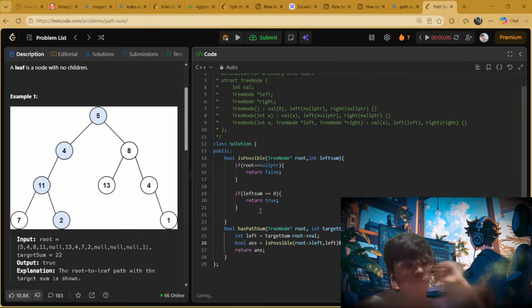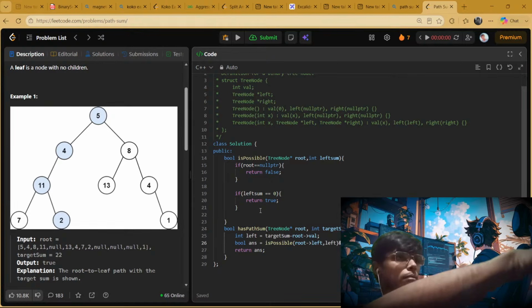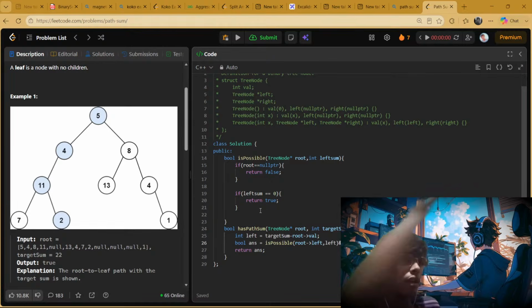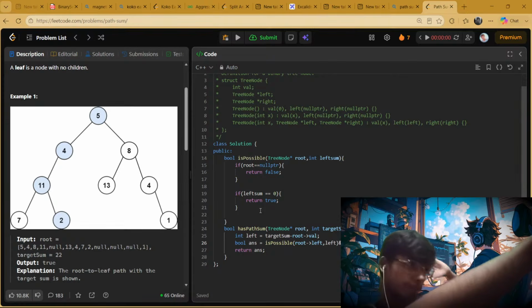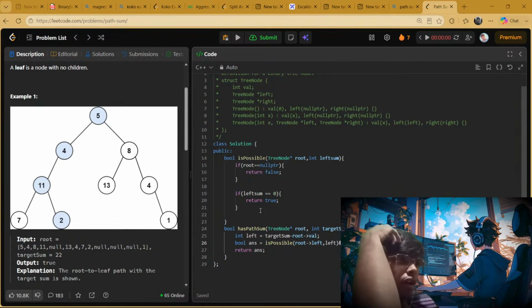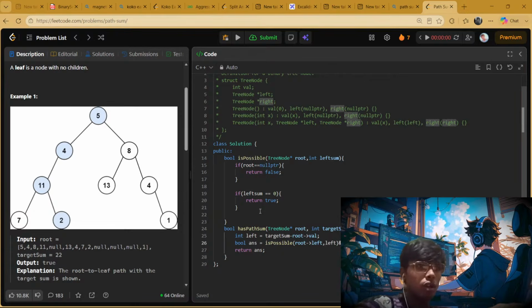So what will I do now? I got the target sum, and will I pass my target sum or something else? तो भाई मैं यहाँ पे खड़ा हूँ, ठीक है, और मैंने पहले टारगेट सम को लिया, टारगेट सम में से मैंने ये करंट वाली वैल्यू को माइनस कर दिया. तो बेसिकली ये वाली मेरी डिस्कवर हो चुकी है. अब डिस्कवर हो चुकी है, तो अब जो मेरी वैल्यू बच गई,